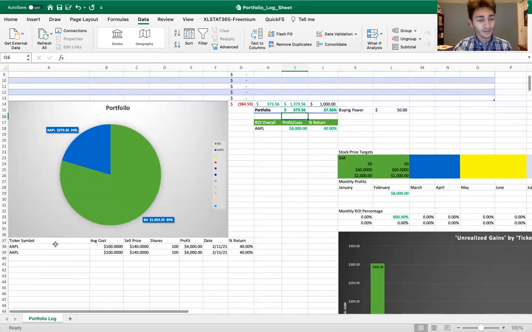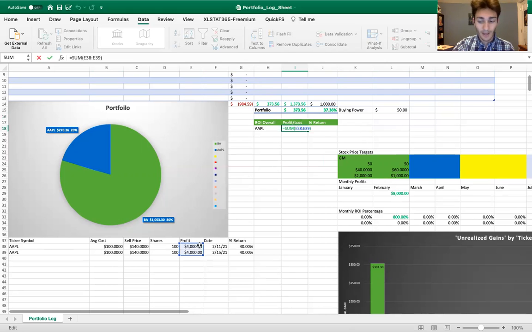So we have the individual trades here. I did the exact same trade just to show basically what I was going to do, but this section here, they're correlated with one another. And so the profit loss section, basically this is your overall per stock as a whole. So I did these twice with Apple because this is each individual trade. So this was on the 11th, this is on the 15th, but they're both Apple. So you know what I do? I add them together. So I actually made $8,000 in Apple as a whole, even though they were two totally